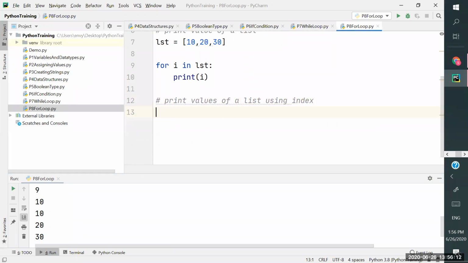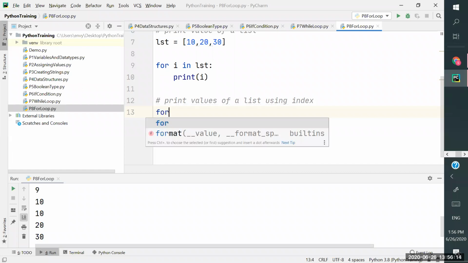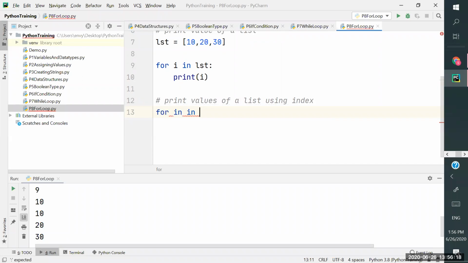So how are we going to do it? Same thing: for I in, and what I have to do here, LST. If I use LST directly, the I is going to get 10, 20, 30, but I don't want it this way.